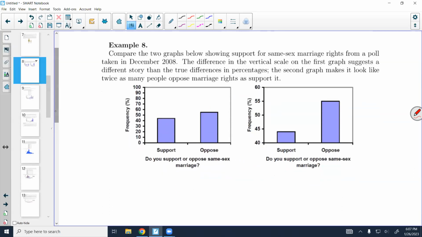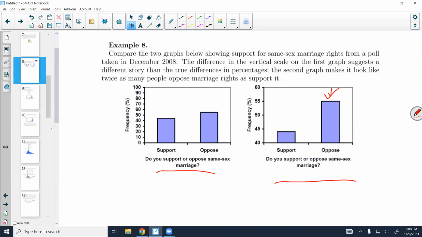And here's another example. So compare the 2 graphs below showing support for same-sex marriage rights from a poll taken in December of 2008. The difference in the vertical scale on the first graph suggests a different story than the true differences in percentages. The second graph makes it look like twice as many people oppose marriage rights as support it. So the way we show the information can affect, because this is the same information, but it sure looks